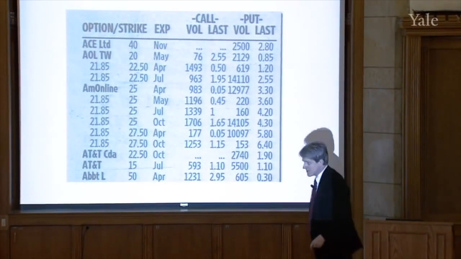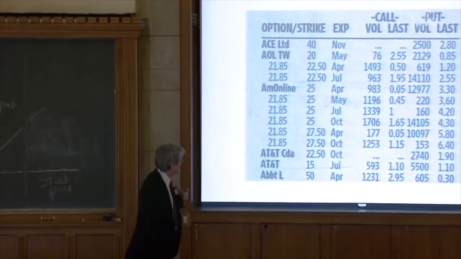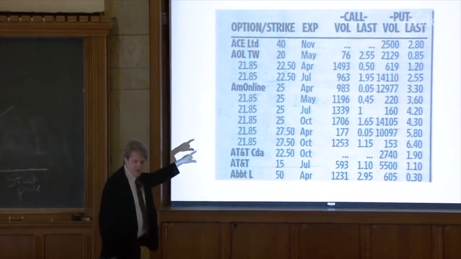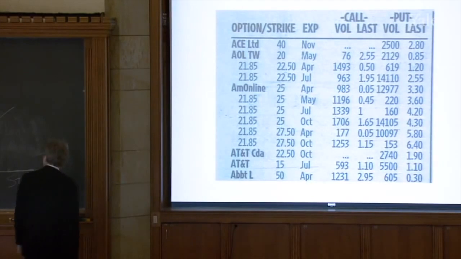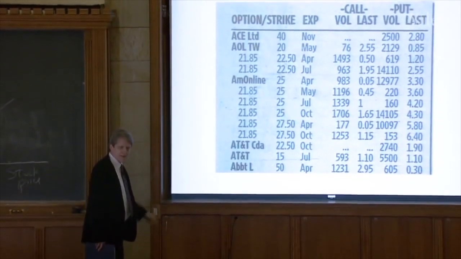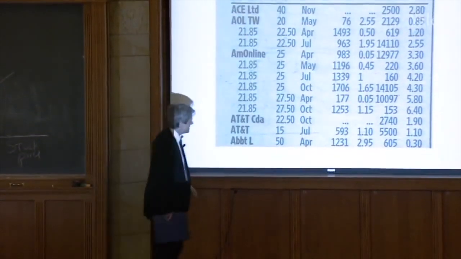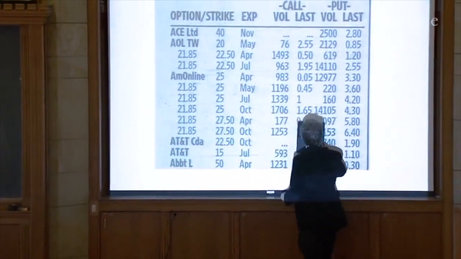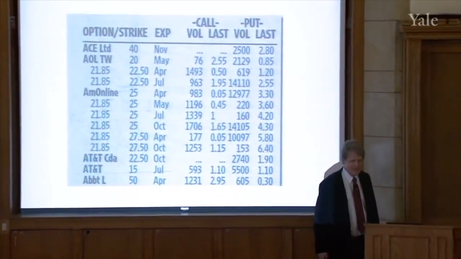I can't do the arithmetic in my head, but it may not hold exactly because these prices may not all have been quoted at exactly the same time, and there are some transaction costs that limit this. Do you see that now? Because of the put-call parity relation, the Wall Street Journal didn't even need to bother to put the put prices in, because you can get one from the other.